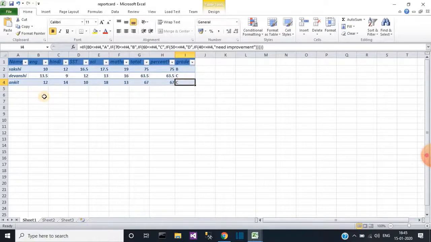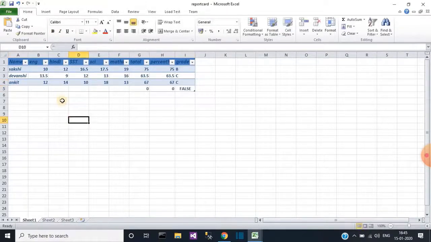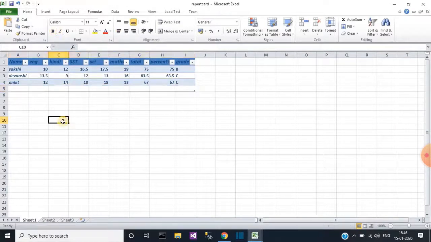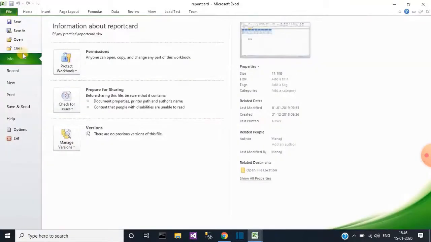Children, if you make changes or write something in an existing file, then it needs to save only the work. If you want to change the location, then you select Save As.